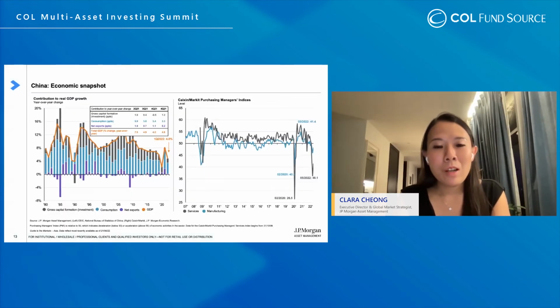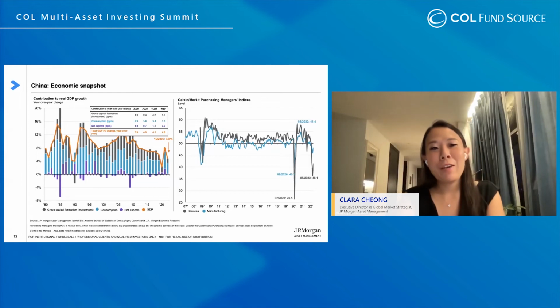Obviously with Asia ex Japan, we have to focus on China first, because China is the biggest part of Asia ex Japan equities. Over here, we do believe that the worst is behind us in terms of COVID lockdowns and very harsh regulatory policies. If we look at the high frequency mobility measures, they've really improved significantly. We have subway flows and freight flows in Shanghai and Beijing close to 70% of pre-lockdown levels.